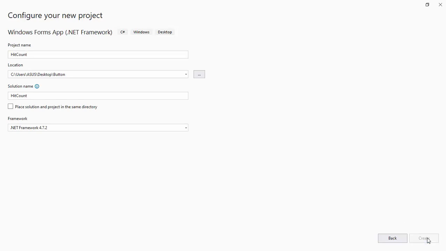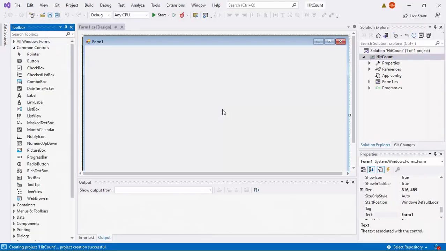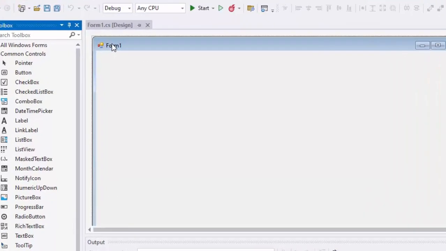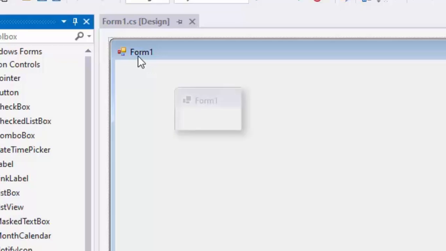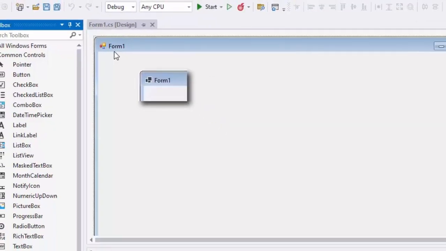Okay, create. Okay, we get a similar window of form, but if you notice, the icon that we have in the form is different from the template that I used before. So that is another difference.